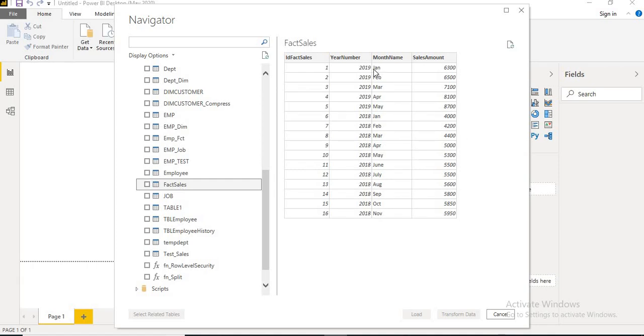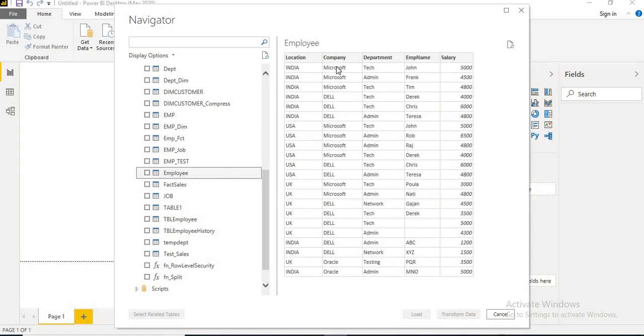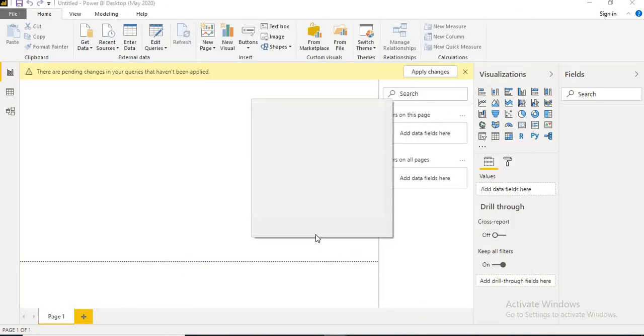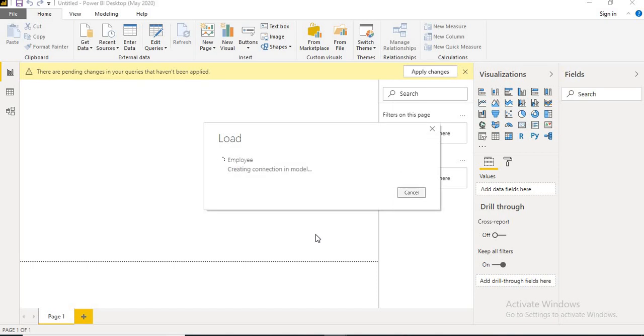Okay, so you can see here it is sales, month wise. This is employees, company wise. Let's select the employee table here. So you can see the data. Do you want to import this data into our Power BI? Yes, of course. For the time being, I'll do that now. Later, I'll go for direct queries, but in this example, I'll try import data. So let the data come here.